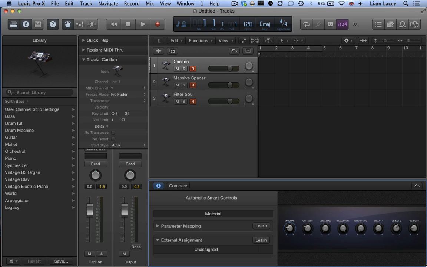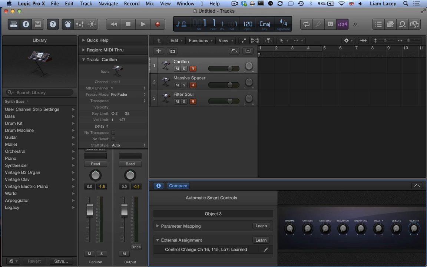So to assign a MIDI CC message to these controls, first select a control here, click the Learn button under the External Assignment section, and then press a MIDI CC pad on the AlphaSphere. So I'm going to press a pad on the top row of the AlphaSphere. And when I press it, it will automatically link up to that control. So now I'm just going to assign the rest of the 7 pads on the top row to the other 7 controls here. So click a control, press the pad, and so on. When you finish, press the Learn button again, and then when you press the pads, you'll notice it's controlling the